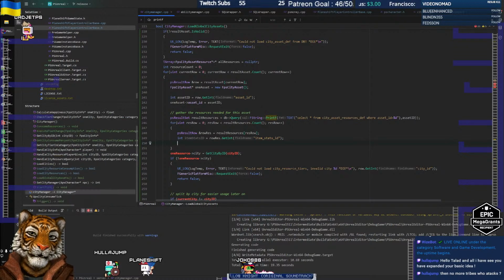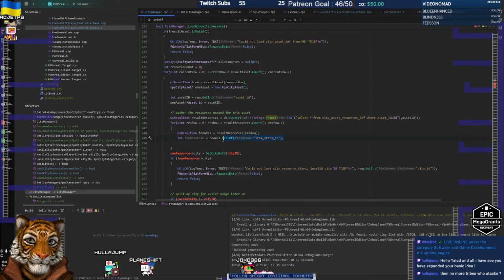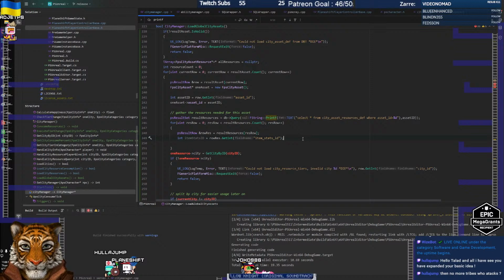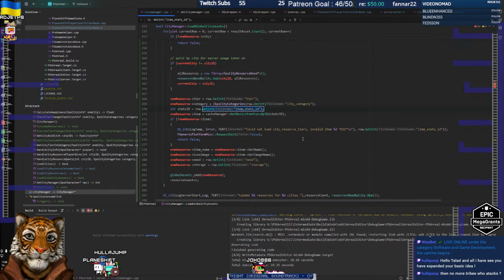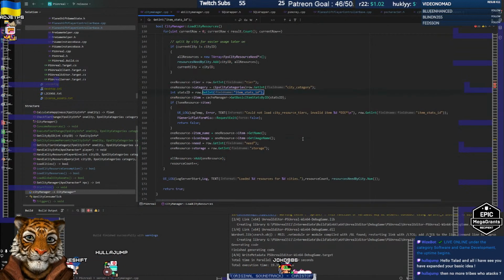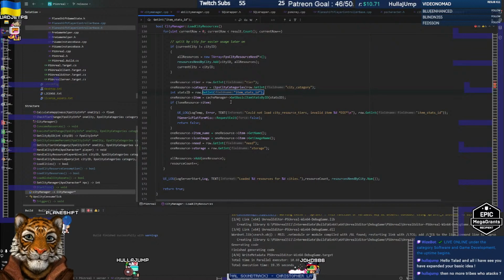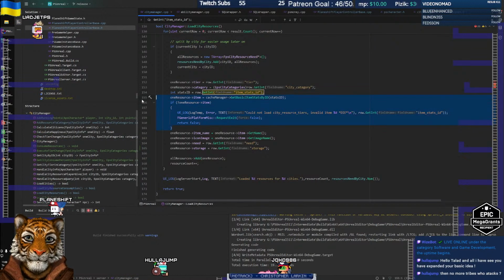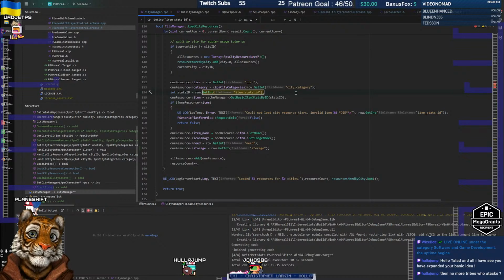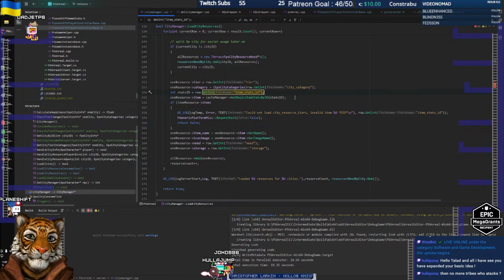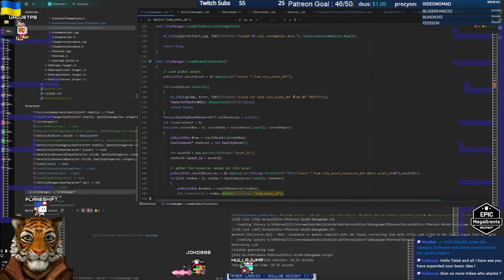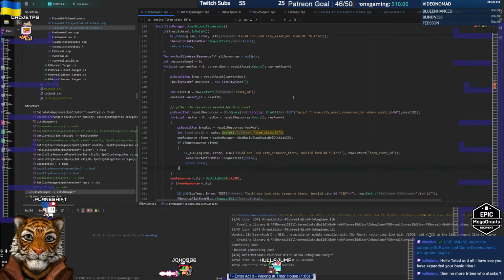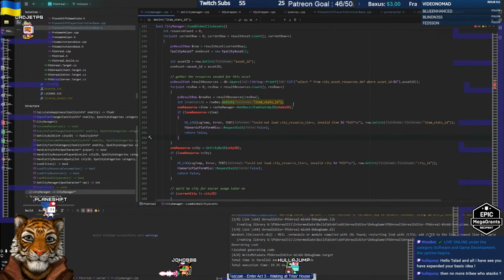Now, I think that here we can actually check if it exists, right? Because if it doesn't, we are really in trouble. So I will have to do a check like this, exactly like this, right? Because if the item is not valid, then we are in trouble. And we set